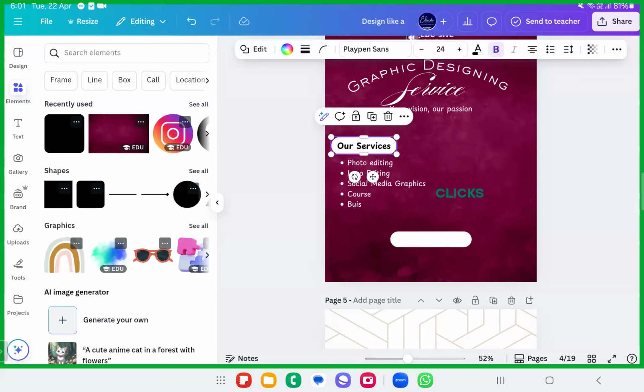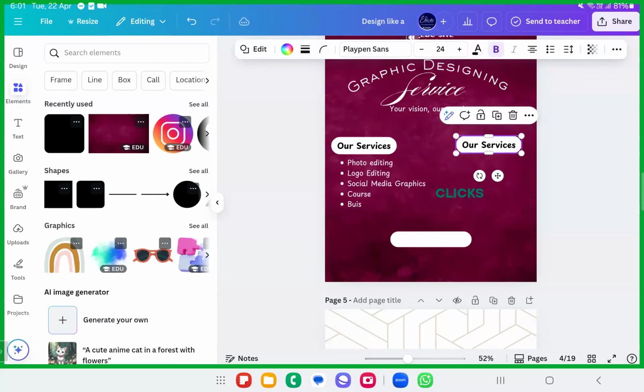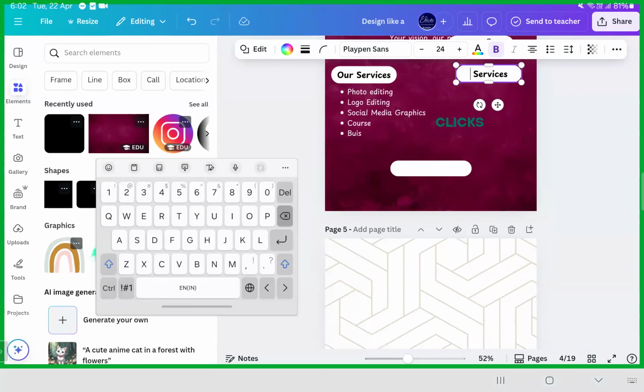Okay, our services. Then you can just go ahead with why choose us. Okay, note down some points. Why you're going to choose this. It can be fast service. Why choose us. Yes, mockup creation. Yes, you can even write that. Yes, sisters and brothers. Why choose us.